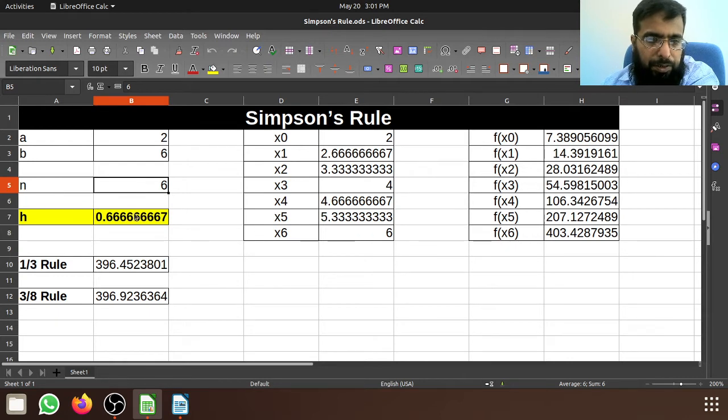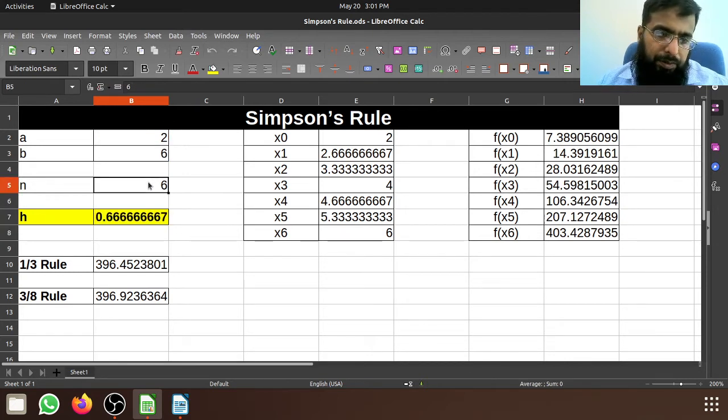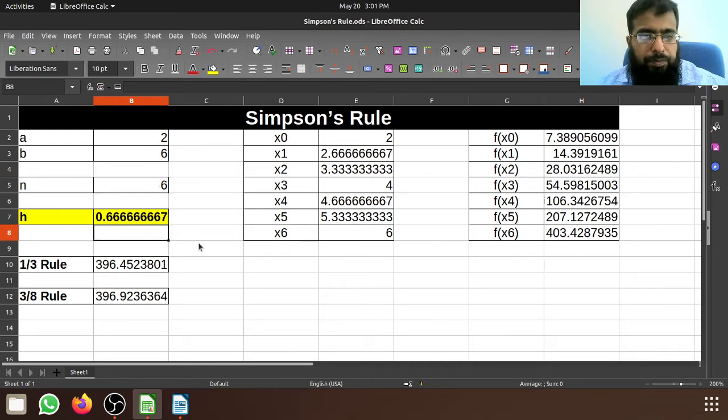And h is b minus a divided by n, as we studied earlier. So this should be written as b minus a divided by this n. Right, and the next is,